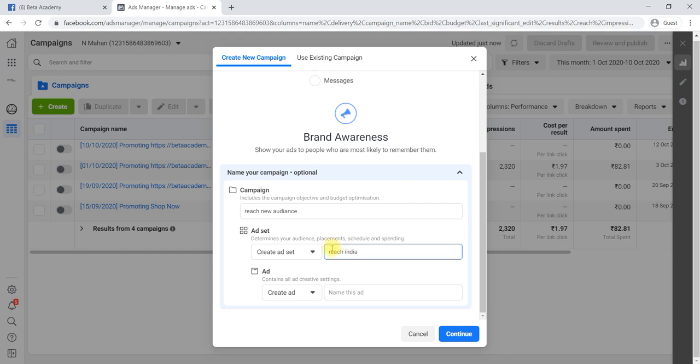That is the ad set within that new audience campaign. And the ad is nothing but a video ad we are going to create, so "video." So it gives detailed reference of what type of campaign it is, where you are targeting, and what type of ad you are running. Then say continue.